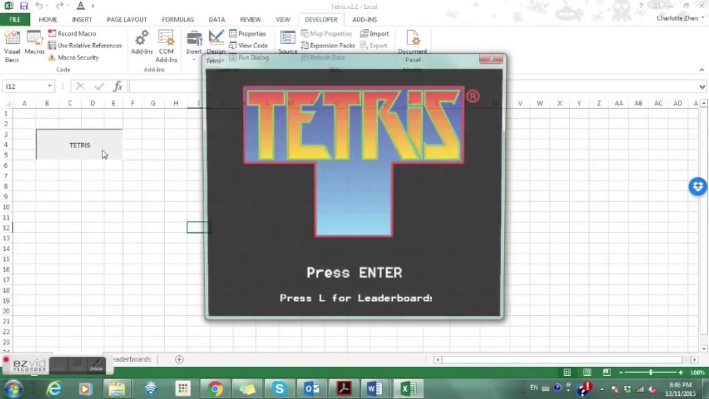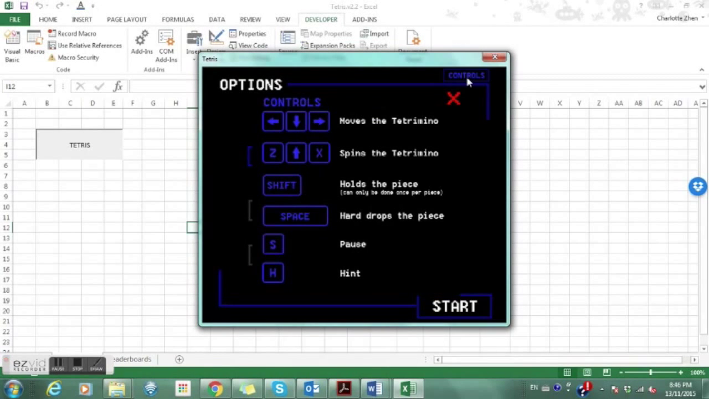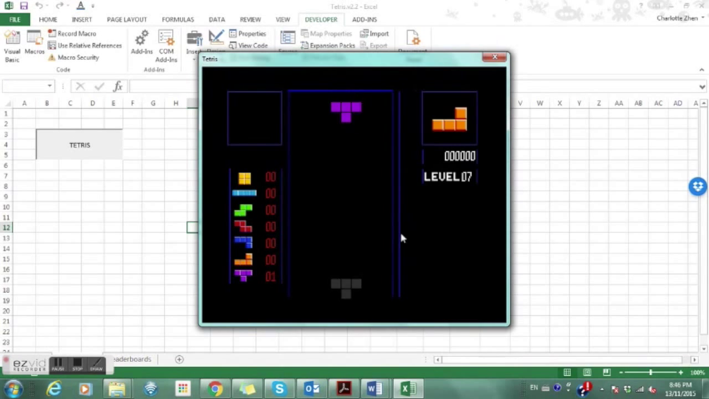Launch the game, press the Tetris button and then press enter. Then click controls for the keys to play the game. Next, select the level you want to play. Then you have the option to turn on the hold, wall kick, hint, and ghost functions, and now you're ready